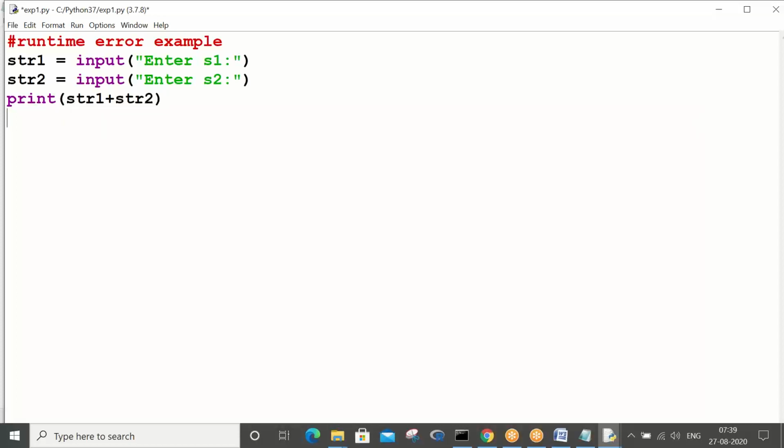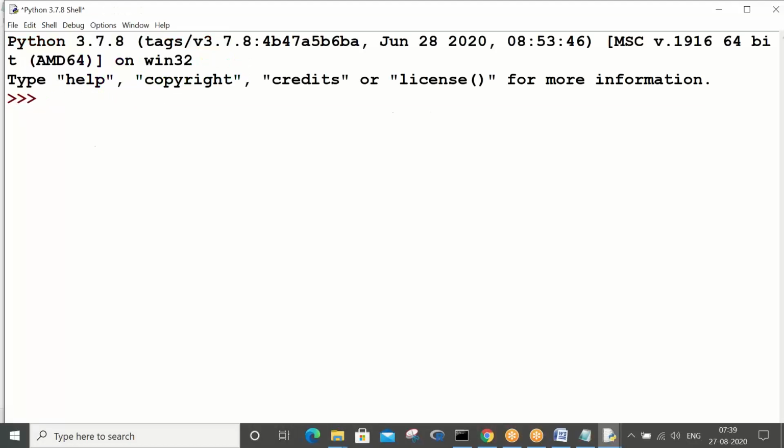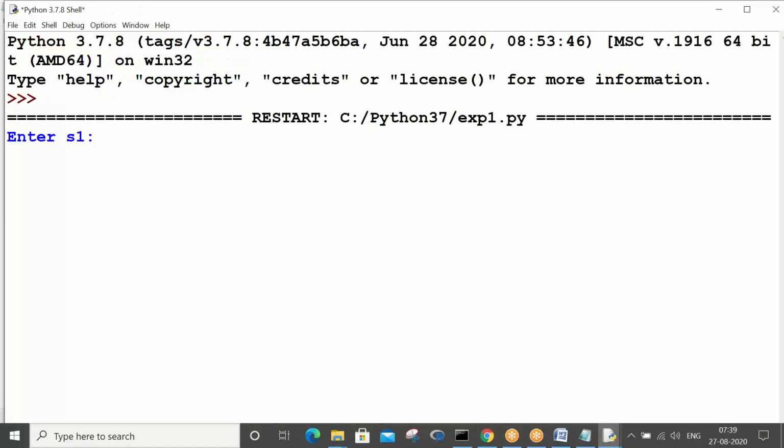Control s, and now I am going to execute this program with F5. Enter s1: I am entering Python. Now string s2, I am entering 100. What is it showing, tell me? It's showing simple addition, correct?